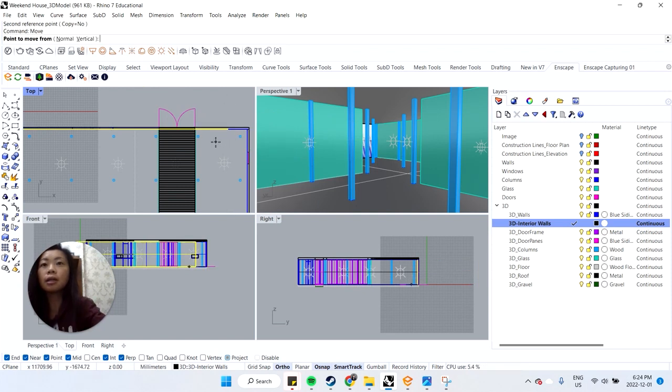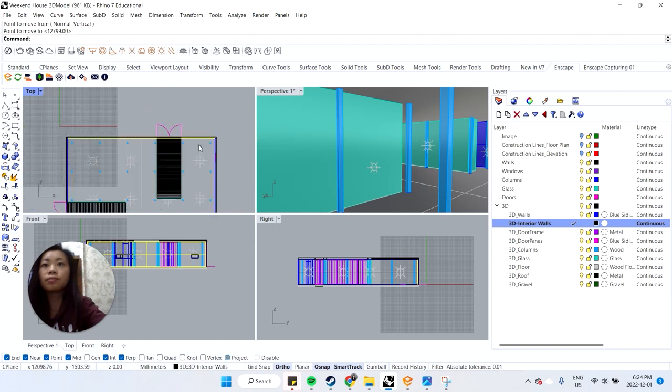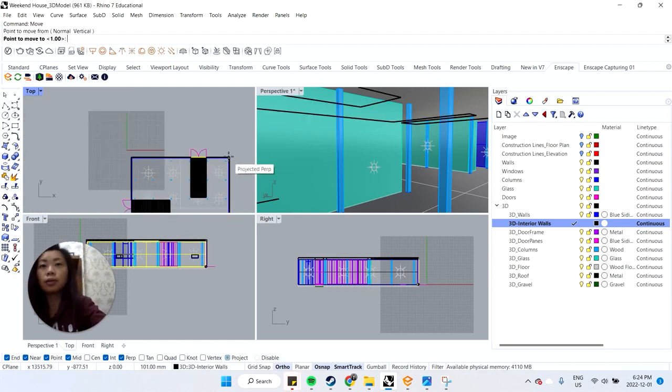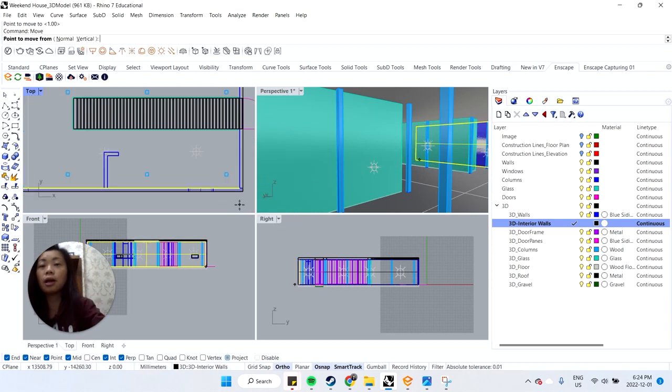And then I'll move it over. I'm just going to move it slightly off the surface so it doesn't overlap with the outer wall. So I'm kind of faking it at this point,